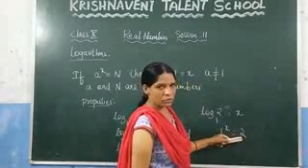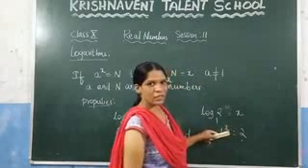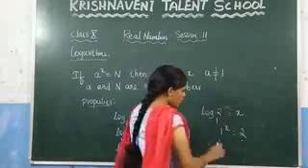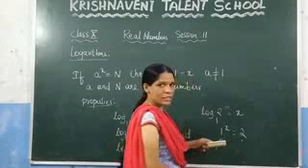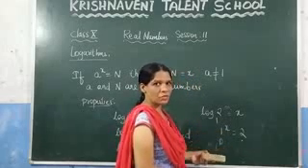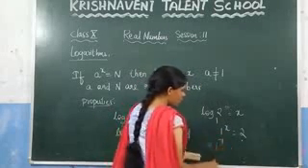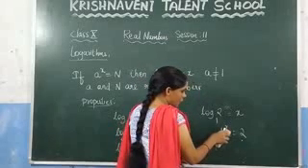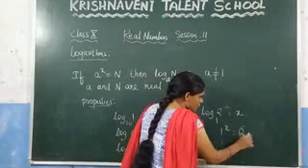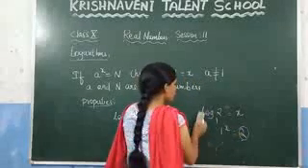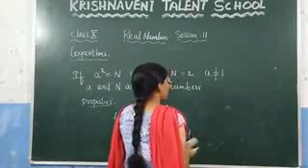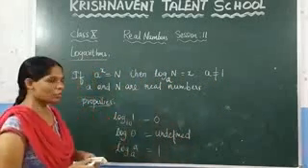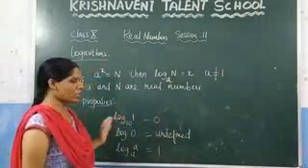Can we get 2 here? If you put any value of x here, we cannot get 2, because the value of 1 power 1 is 1. If you take 1 power 0, anything to the power of 0 is always 1, so again you will get 1. If you take minus 1, you will get 1 again. So whatever value of x you take here, you will not get the answer 2. For that reason, you cannot consider the base as 1. This is the condition why we are not taking the value as 1. This is about the logarithms.